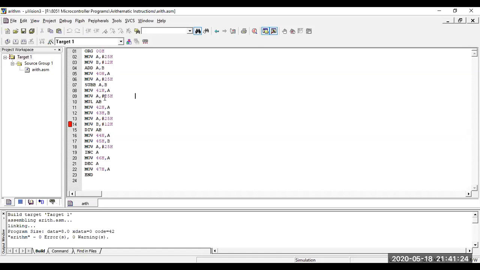Again you are initializing A with 25. So MUL AB. MUL AB means 25 into 12.